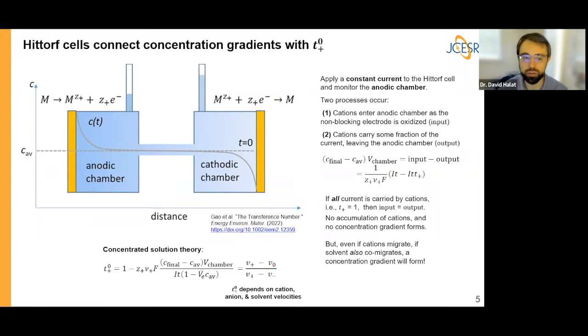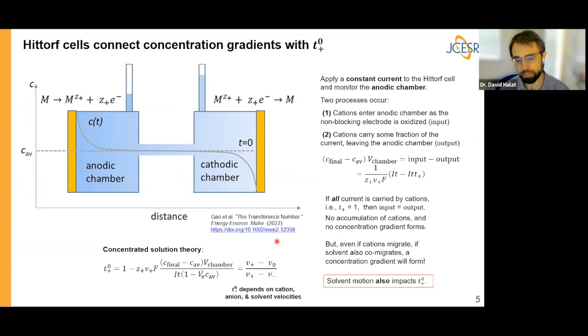And it's somewhat hard to fathom that the motion of a nominally neutral species has a large impact on the electrochemical transport, but I hope that showing this Hittorf experiment provides an explanation for the way in which solvent motion can also affect concentration gradients and also impact T plus 0. So the takeaway from this thought experiment is that in order to characterize the transference number, the ideal technique that we would want would be one that could separately characterize the species velocities of the cation, of the anion, and